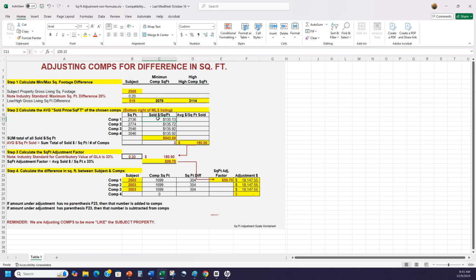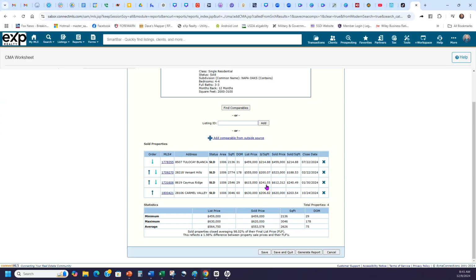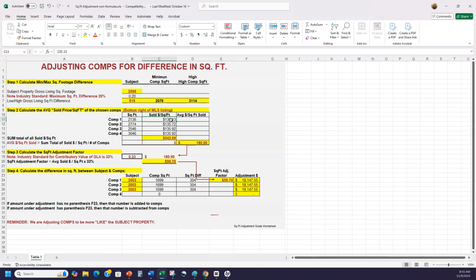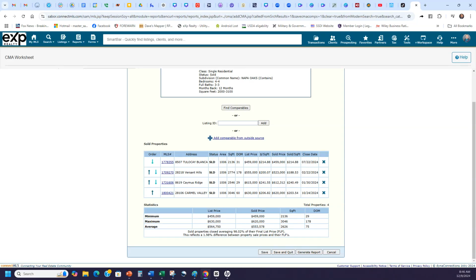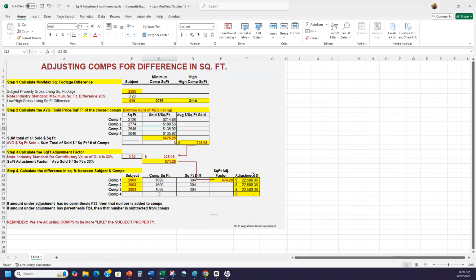Now we're going to get the sold price per square feet, which is right here, sold price per square foot. So 214.88, 188.53. And let me go get the last two. 240.49, 203.54. And then, because we have 4 comps, we have to change that to